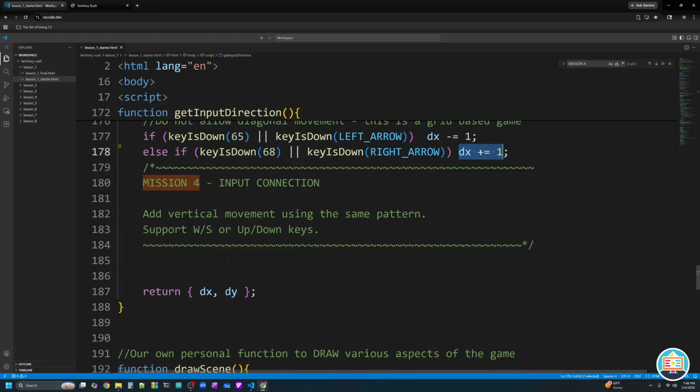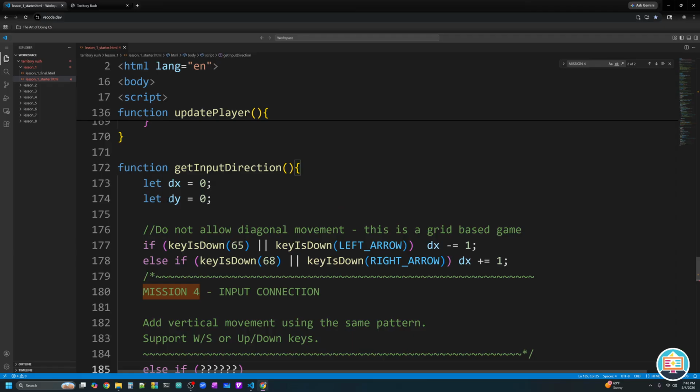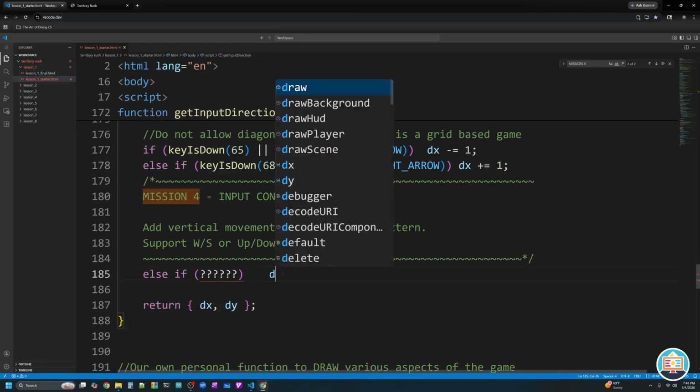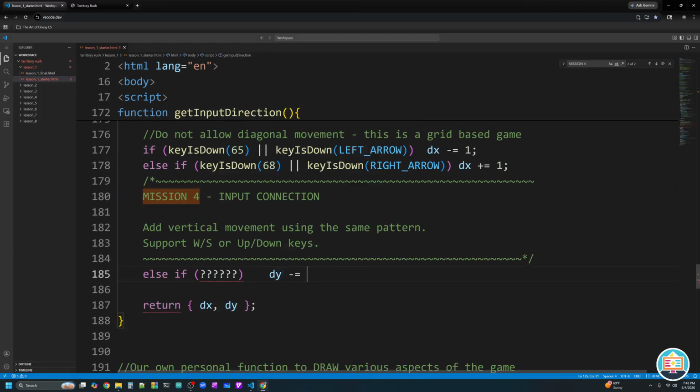What we need to now do is do something similar for the vertical direction, and we are going to support up and down keys and WS keys. So let's ask our question, else if, and then parentheses. Inside of the parentheses is where our question is going to go. So we're going to ask a question, and if that question is yes or true, we're not going to target dx, we're going to target dy. And we're going to make it -=1. We'll subtract 1 from it. Now,